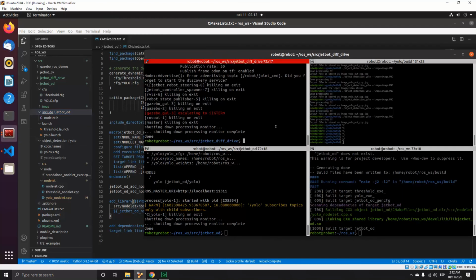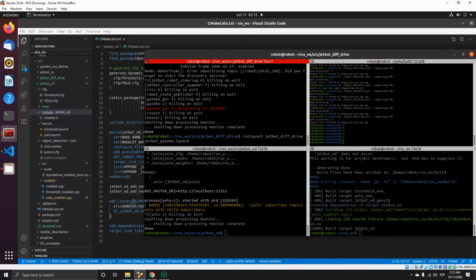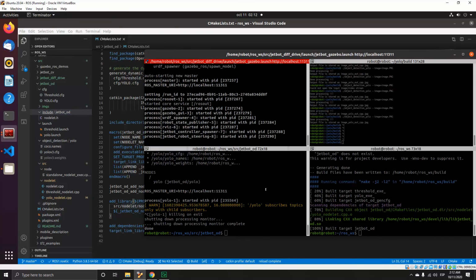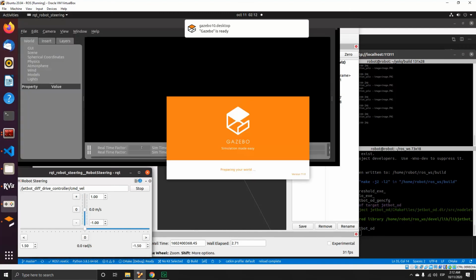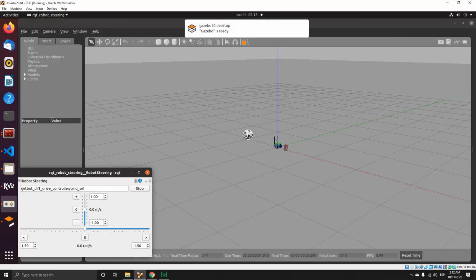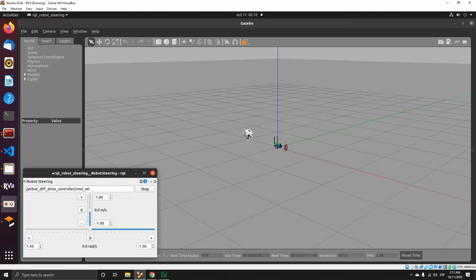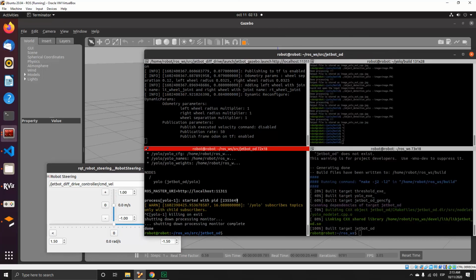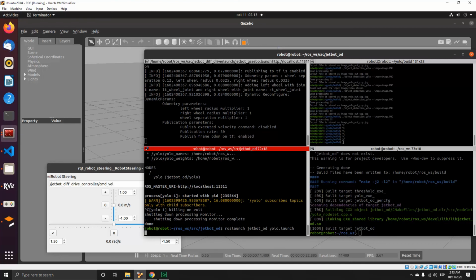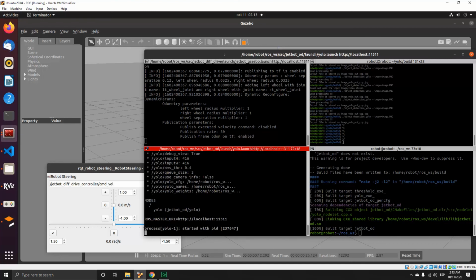But basically, we launched the Jetbot differential drive with Gazebo, and when it's loaded, because it's publishing all the joints and all the things, we have here the empty world with a coke can and a soccer ball, also the RQT steering window. And next, we will launch the YOLO nodelet,